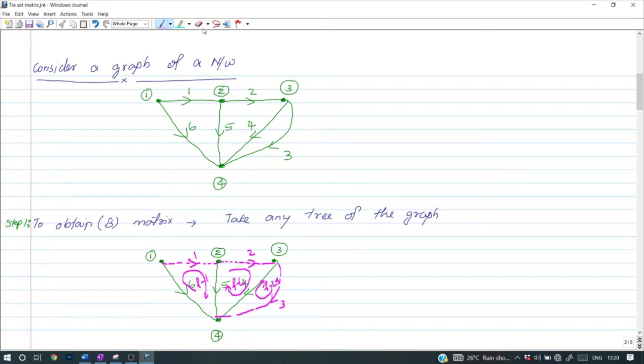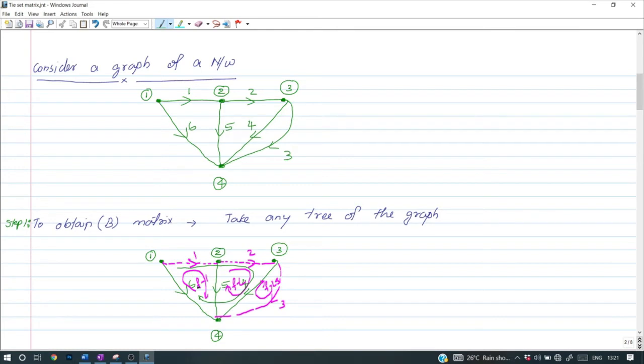So if we consider another loop, say I am going to mark it with another color. Suppose we are considering this loop. See this loop. This is also a loop, but it is not a fundamental loop. In a fundamental loop, there is only a single link. What is a link? Branches of the co-tree are known as links. Branches of the tree are known as twigs. So if we consider the loop created by branches 1, 2, 4, 6, then that is a loop, but it is not a fundamental loop. Why? Because it contains two links.